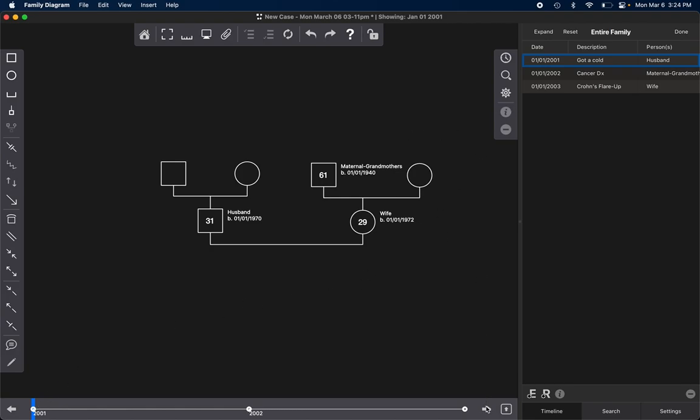Then when I click the right arrow, it'll jump to the next event on that timeline, which is the cancer diagnosis. Then when I click it again, it jumps to the next event, which is the Crohn's flare-up, and it'll do that so that you can narrow the focus from a very long, somewhat disorganized timeline of events down to a specific set of events that you want to focus on, either to present an argument to